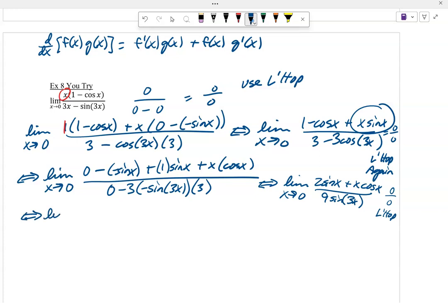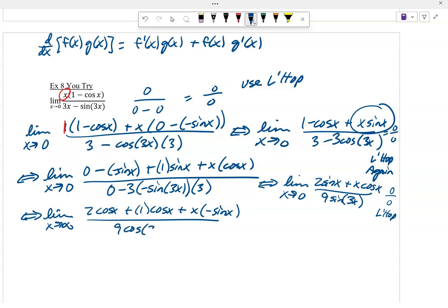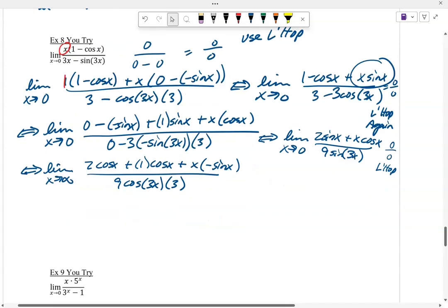So let's run it again. Repeated use of L'Hopital's rule. 2 stays there, derivative of sine is cosine, plus I got the product rule, derivative of x is 1, derivative first times the second, plus the first derivative of the cosine is negative sine, all over 9 stays there, derivative of sine is the cosine. We got chain rule involved, and so it looks like we've got